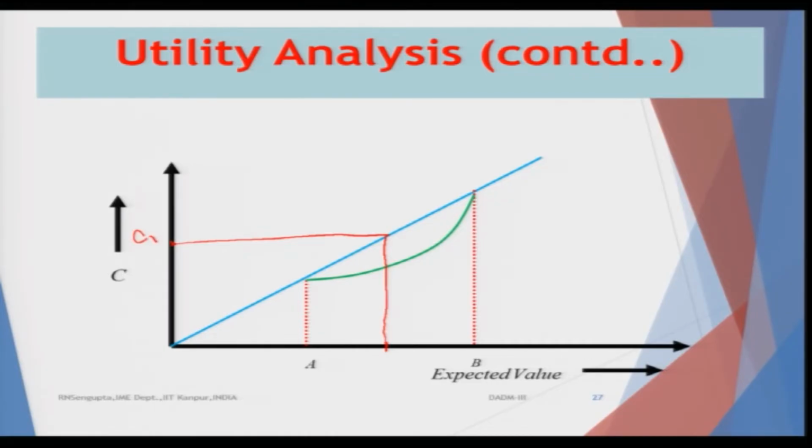Now, what you do is, in practicality, you place on one table a value of C1 and no other values, which is a certainty case, and on the other table you place the values A and B. That means you say that if you toss a coin, the probability is half, if a head comes, you get A, and if a tail comes, you get B. Now, you ask the person which one he or she would take.